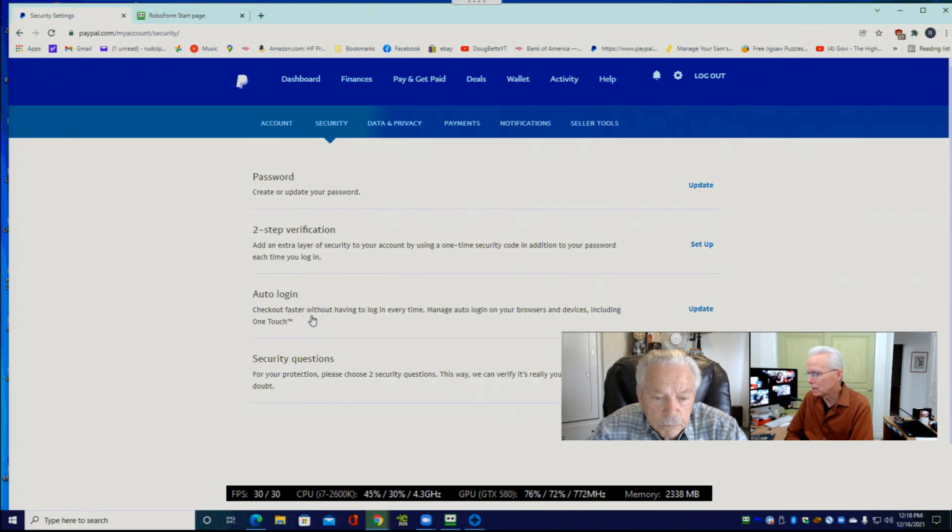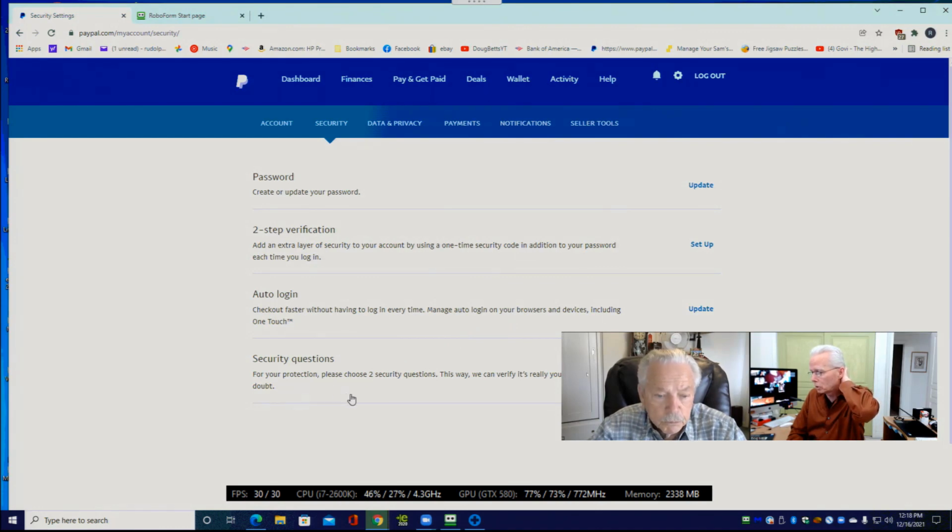Here's auto login. Check out faster without having to log in every time. Manage auto login on your browsers and devices, including One Touch. So I think it's likely that when you go to check out with PayPal, you're probably having to re-log in. Yes, I am. Your password. So this would be an ability to make changes to how that operates if you want to make it easier or more difficult.